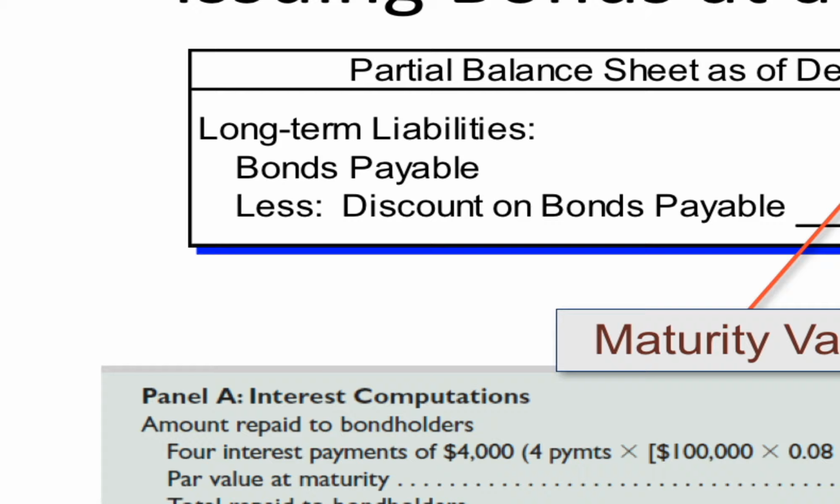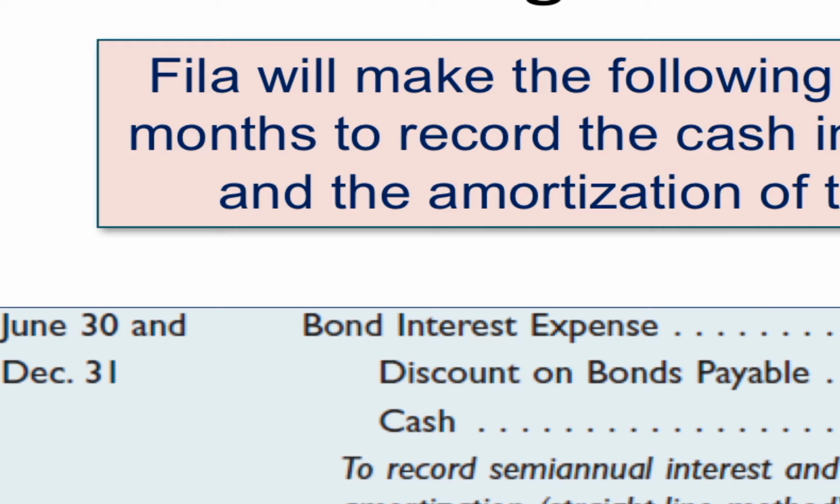Okay, here's the journal entry for when we make these interest payments. On our books, the bond interest expense includes the cash that we actually paid out, which we figure by multiplying the interest rate on the bond times the principal amount on the bond, and then dividing that by the number of interest payments per year. That's the 4,000. This is that 1/4 piece of that discount.